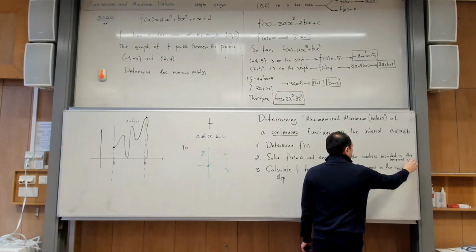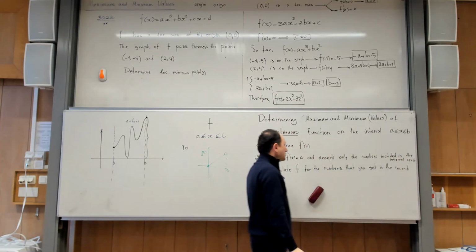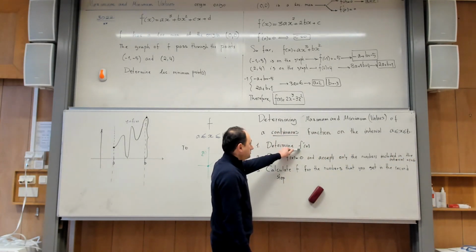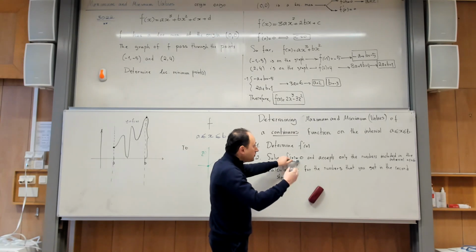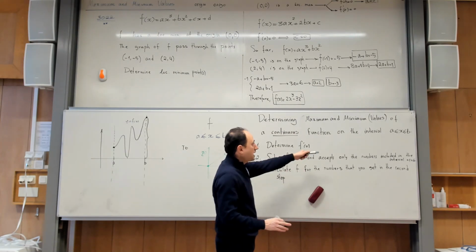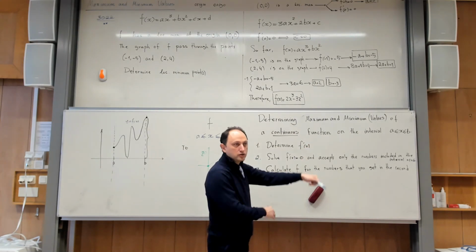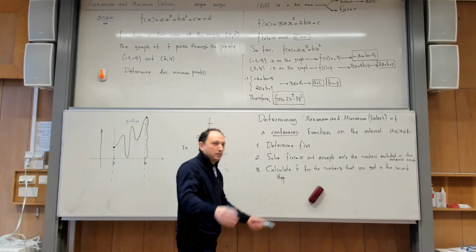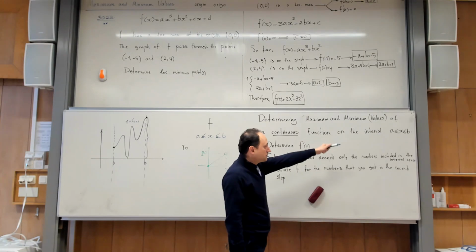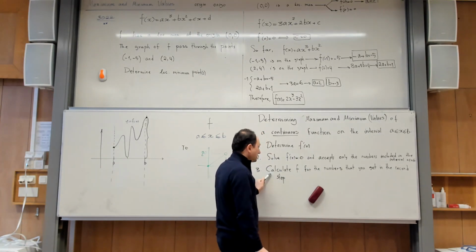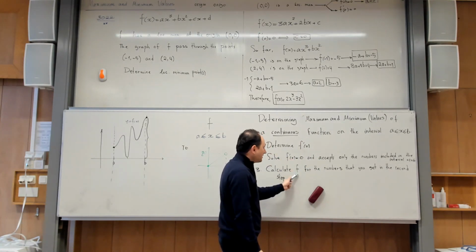A, B, yes, something like that. So I mean that you determine f prime, you put it equal to 0 and solve it. You get a bunch of numbers probably. But some of the numbers might be outside the interval of interest, so just ignore them. We don't care what happens after that. Then take the ones that are in that interval, go to the third step, calculate the values of f for